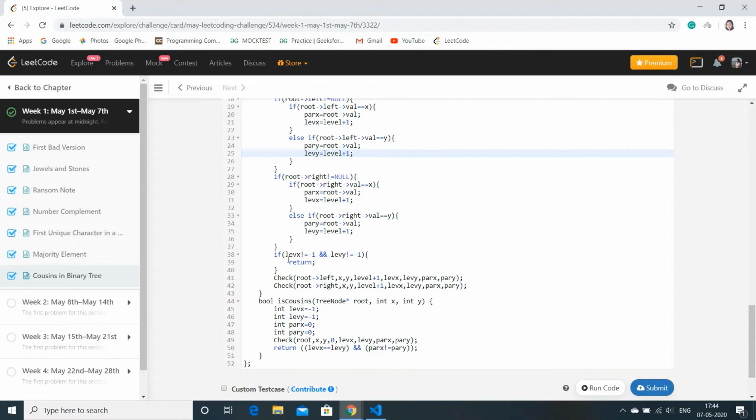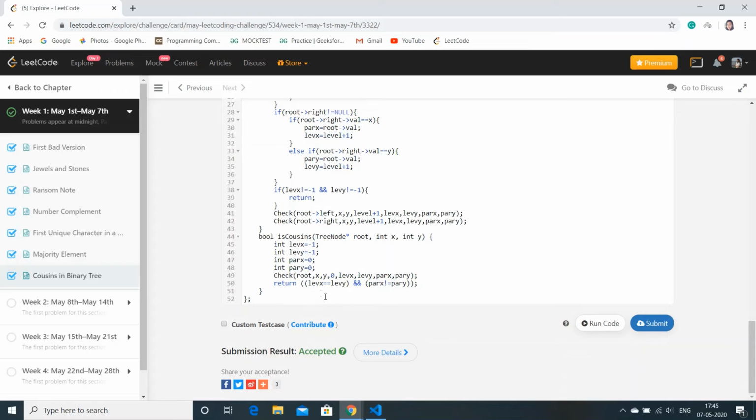So for this one, if level of x is not equal to -1 and level of y is also not equal to -1, that means x and y are already found. Then we will return, and after returning we will check if level of x is equal to level of y or not. If they are equal, that means they are on the same level, and parent of x is not equal to parent of y.